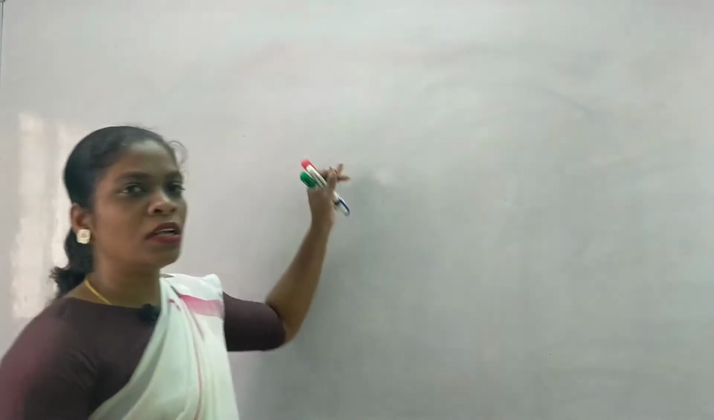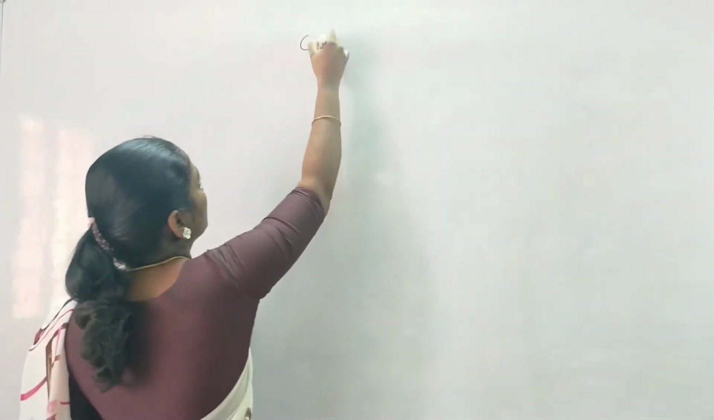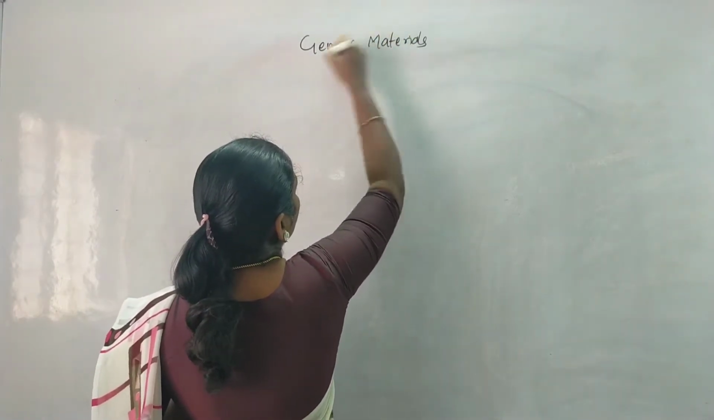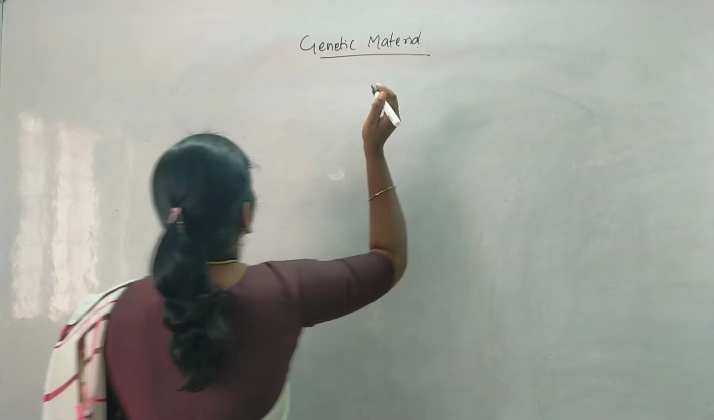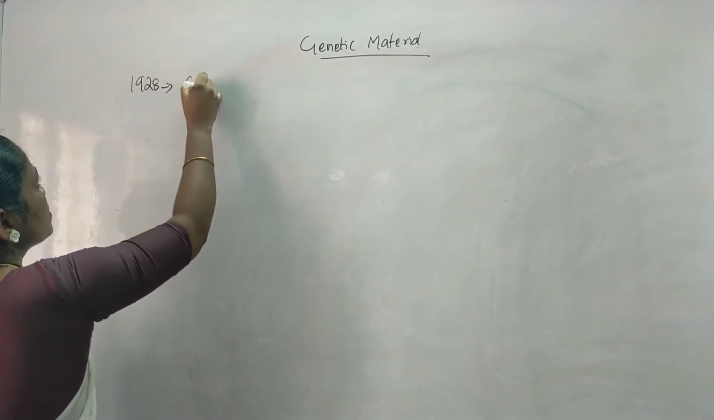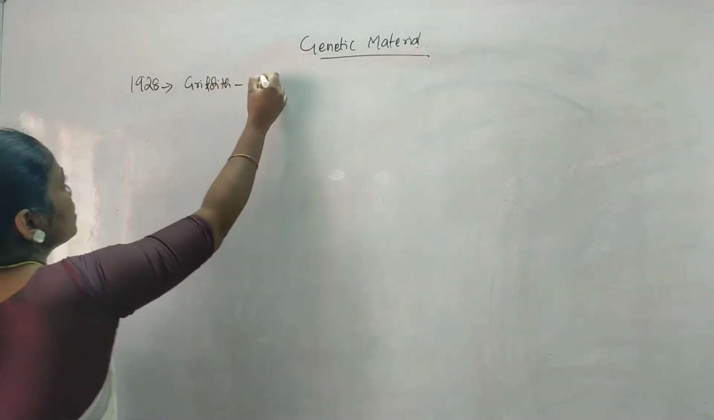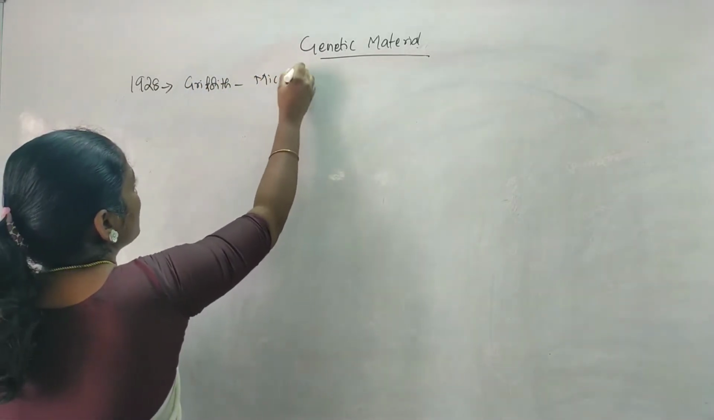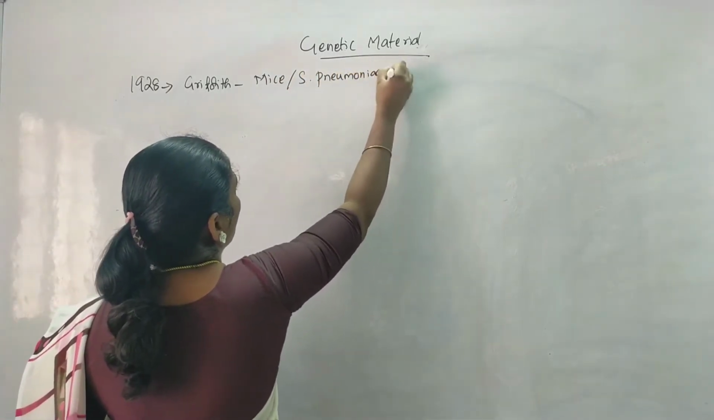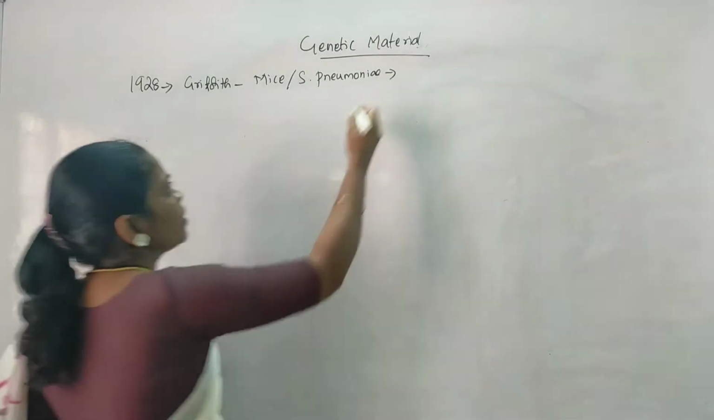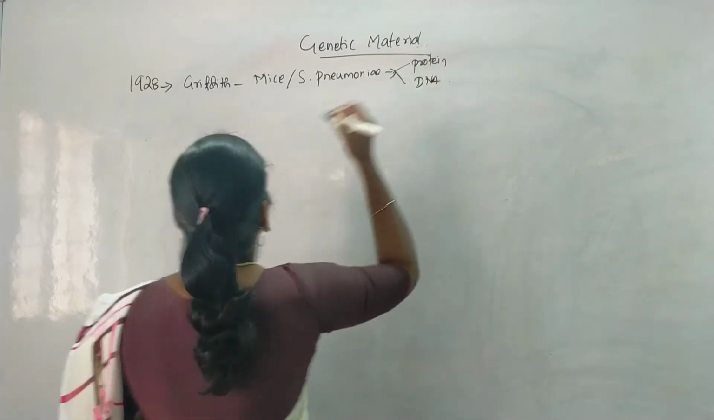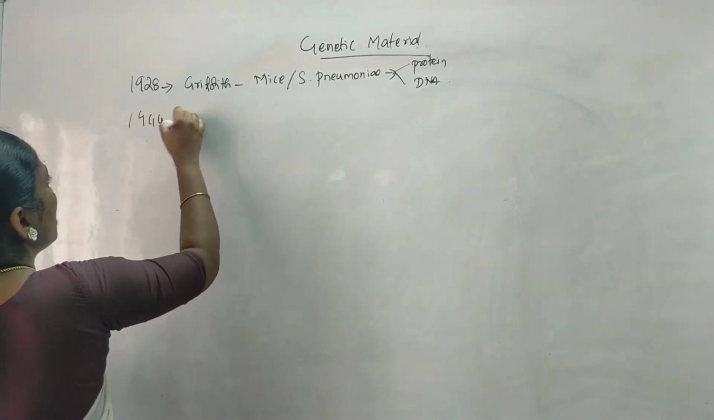When we start learning about the search of genetic material, around the year 1928, the experiment was conducted by Griffith using the organism mice along with Streptococcus pneumoniae, that is two strains of Streptococcus pneumoniae, to identify the genetic material, whether it is protein or DNA. Followed by Griffith, 1944, Avery,